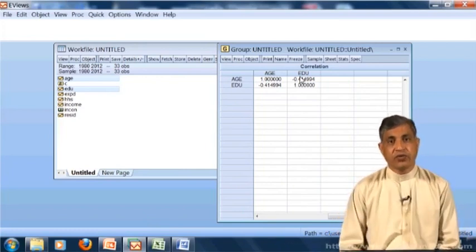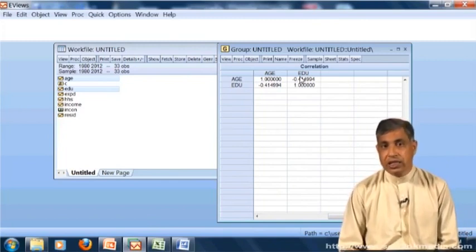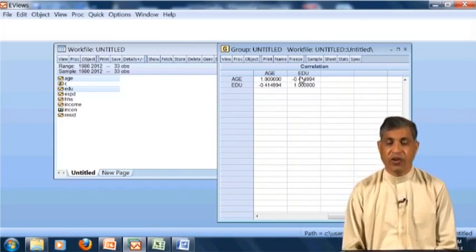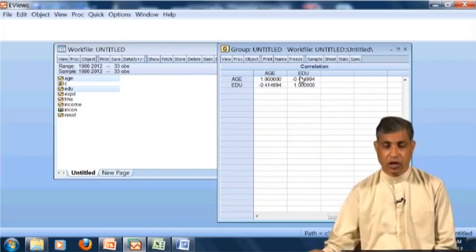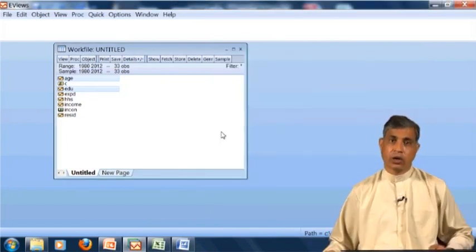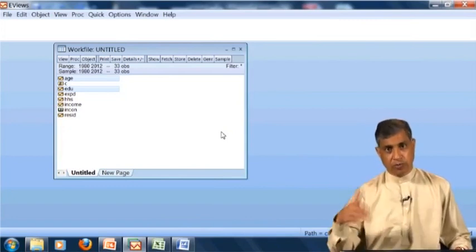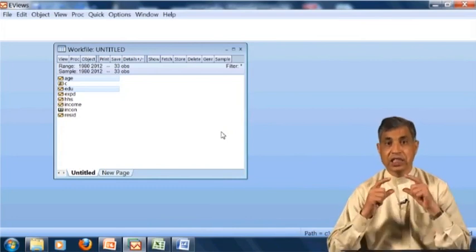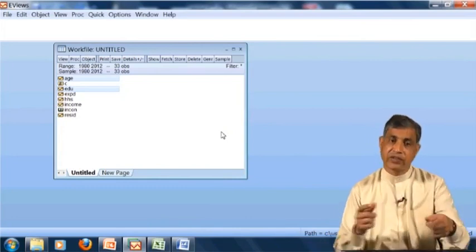So the other property, if you remember, is that the correlation is between -1 and 1. You can see here the correlation is -0.41. So this is how you find the correlation. I am not saving. If you want to save, you can name this, and it will again ask you in the same way where to go and where not to go. As you keep going, it will ask you the location. If there is an EViews window, it will save it here.